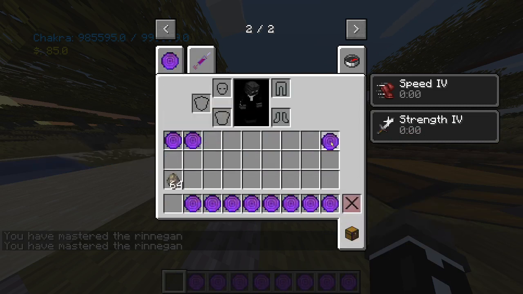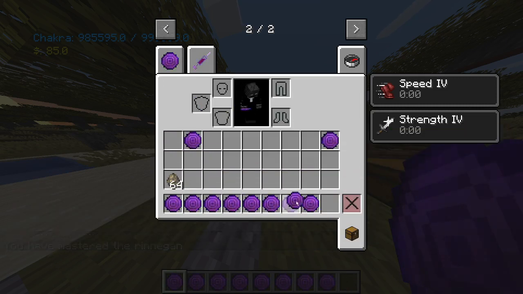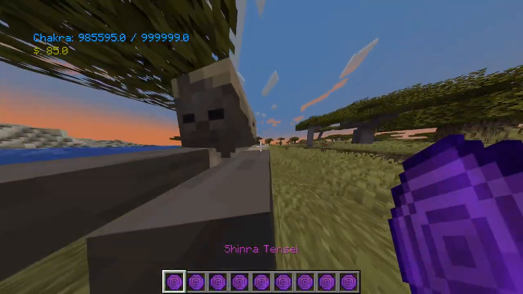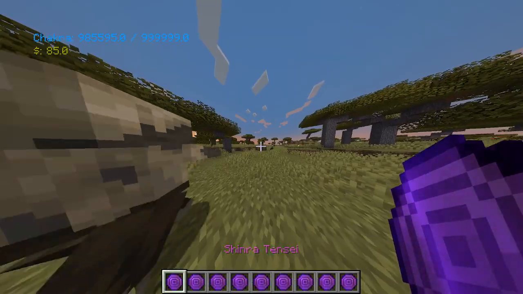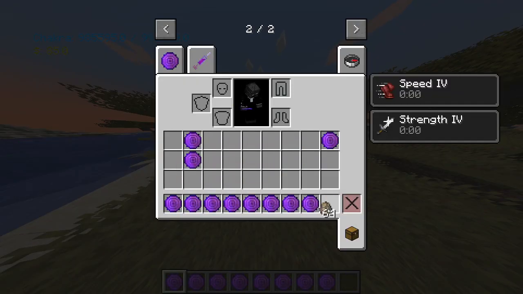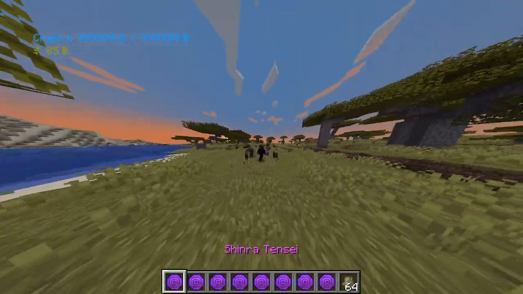The only thing to consider is that the Rinnegan costs an ungodly amount of points as you get to the really good stuff. Each of these are costing a ton of points. But you get a lot of cool stuff. So for example, Shinra Tensei, I think there's a push move, yeah. So get near somebody, and we should actually get our husks back out for testing and all that. So it basically pushes everything around you away to wherever you're looking. So if we're looking over there,